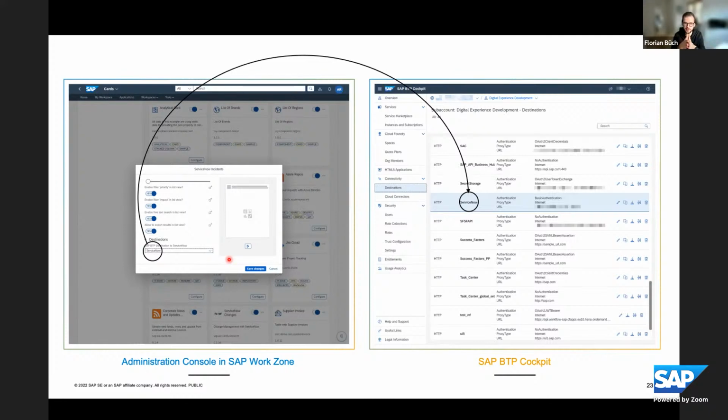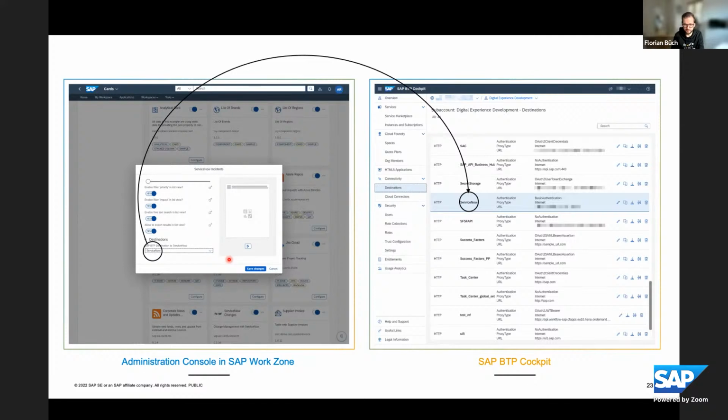And that is very important because it's doing so on behalf of the logged in user. So it can handle all the propagation of the identity so that the user, again, using the example of SuccessFactors, is presented with their own employee profile, with their own learning history, and whatever other elements you want